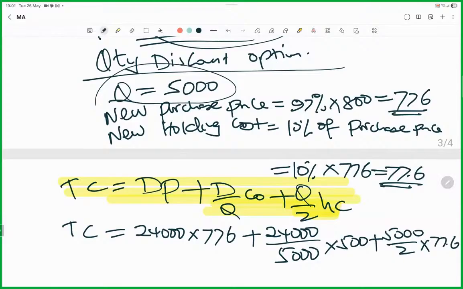You take your calculator and key in 24,000 times 776 plus 24,000 divided by 5,000 times 500 plus 5,000 over 2 times 77.6. Which figure did you get? 8 million, 820,